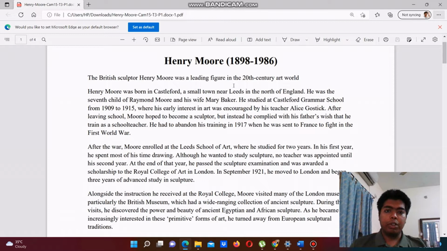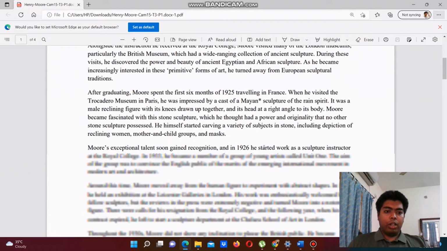So okay, Henry Moore. There are some students who first read the passage and then they go to the question. I personally feel that it's not a very good idea because it will waste a lot of time, because when you read the whole passage, you're not going to remember everything. So it's very important that first of all you read the topic and then you directly go to the question. After reading the question, then you can get back to your passage. Okay, so